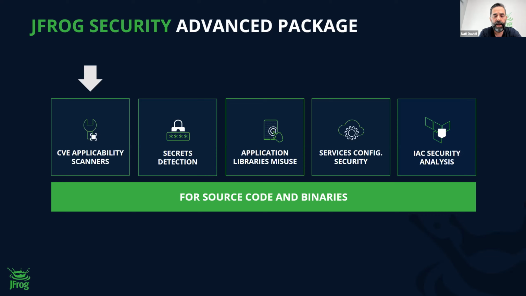And other than that, we'll do the same for many other aspects of software supply chain security that I introduced on the other slides. We allow to detect secrets in your binaries, which usually are introduced in binaries and not in source code, because it's a wrong approach to embed them in your source code. We'll identify misconfiguration and misuse of libraries and services. And we'll also allow analyzing your Terraform and other infrastructure as code artifacts to understand if they actually allow easy exploitation or utilization for the bad actors.